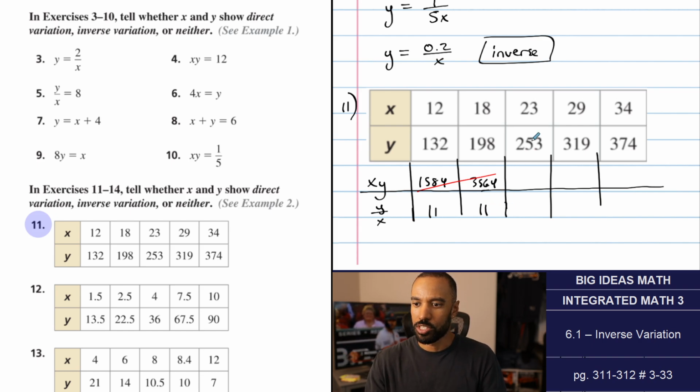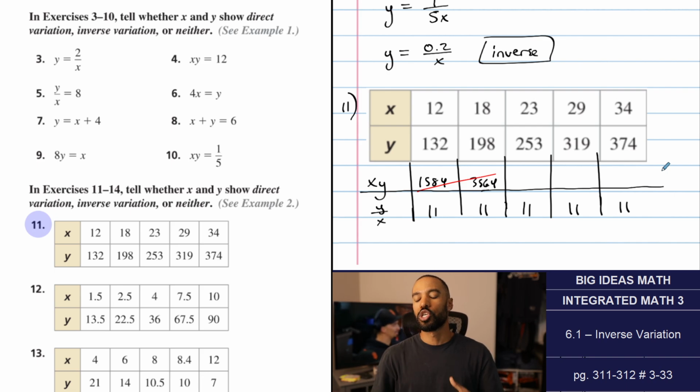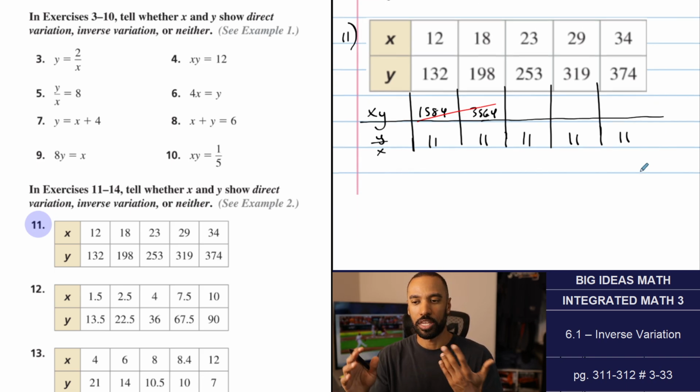Listen, I'm going to try and do these in my head by saying 23 times 10 is 230, plus another 23 is 253. That should be 11. 29 times 10 is 290, plus another 29 is 319. So that should be 11. 34 times 10 is 340, plus another 34 is 374. So that's also 11. Because these all divide here with a constant variation of 11, this ends up being